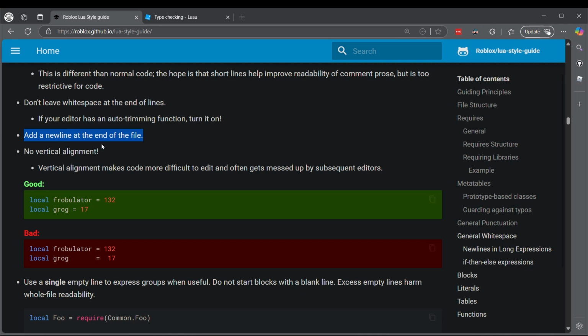It just helps with certain things, but again, it's not 100% necessary. Again, if you use Stylua or anything like that, it's going to automatically end that with an empty line. No vertical alignment. This is something that I see a lot less frequently, thankfully, but I do see it every now and then. So yeah, it makes code difficult to edit and mess up by